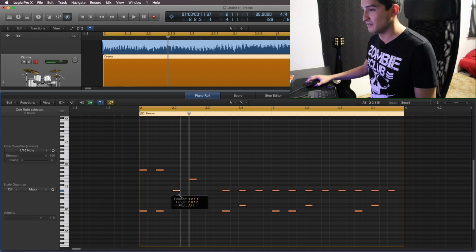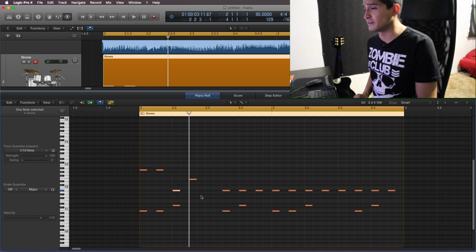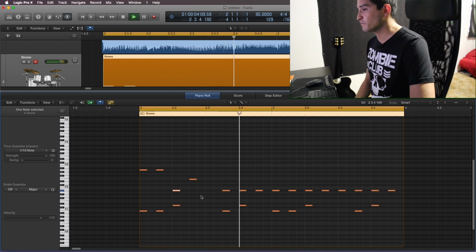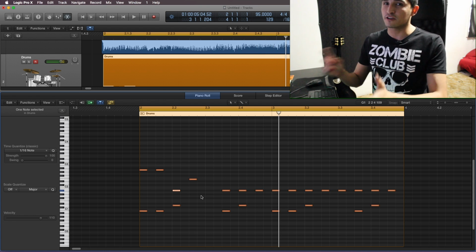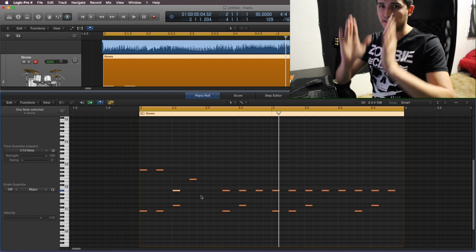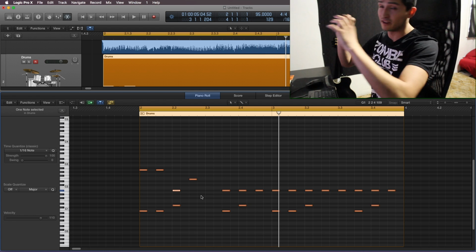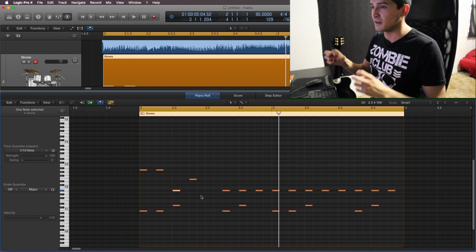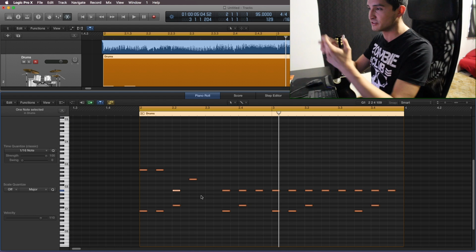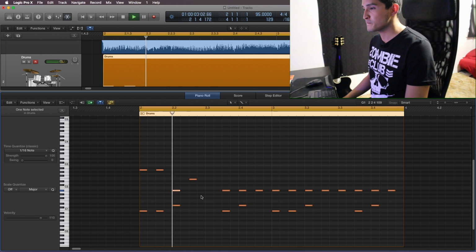So I'm gonna try to go with this right here. And I'm just trying to get a base for the song. I'm not trying to make everything line up now. I'm just trying to get everything on there so that I can clean it up all later and have a proper drum track. So this is the first part of it.